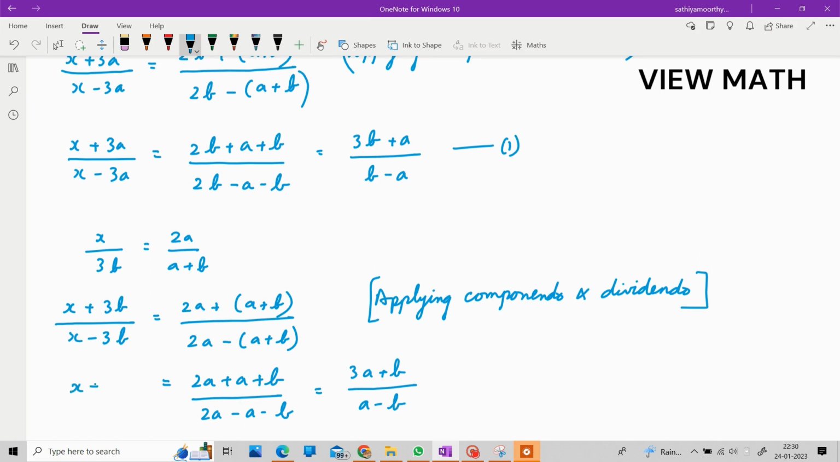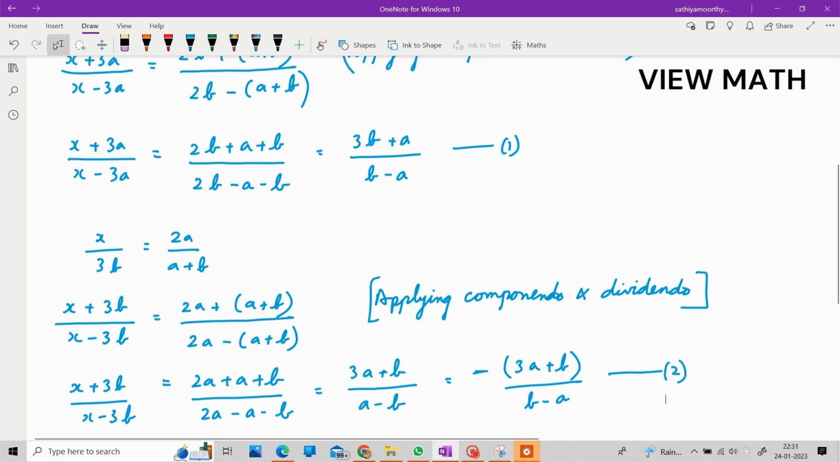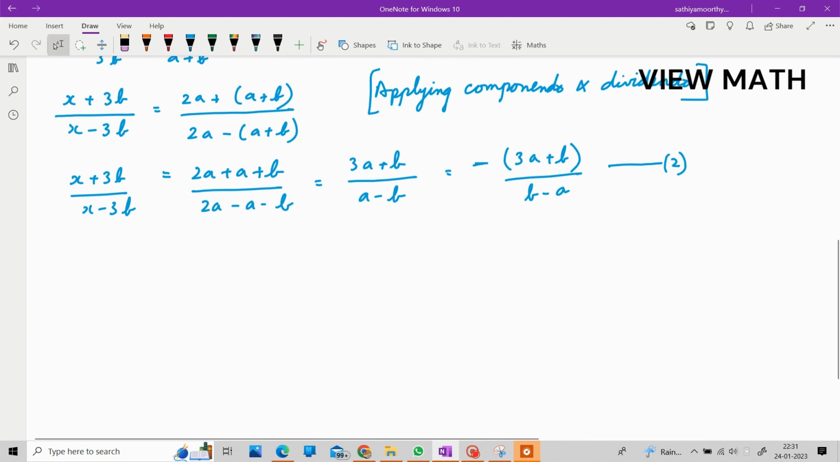Now my left hand side is (x + 3b)/(x - 3b). Now let me bring the negative sign outside so that the denominator is the same, so I can combine both. If I take the negative sign outside, I get minus (3a + b)/(b - a). Now let me name this as 2. Now they are asking us to find x, adding 1 and 2, we get